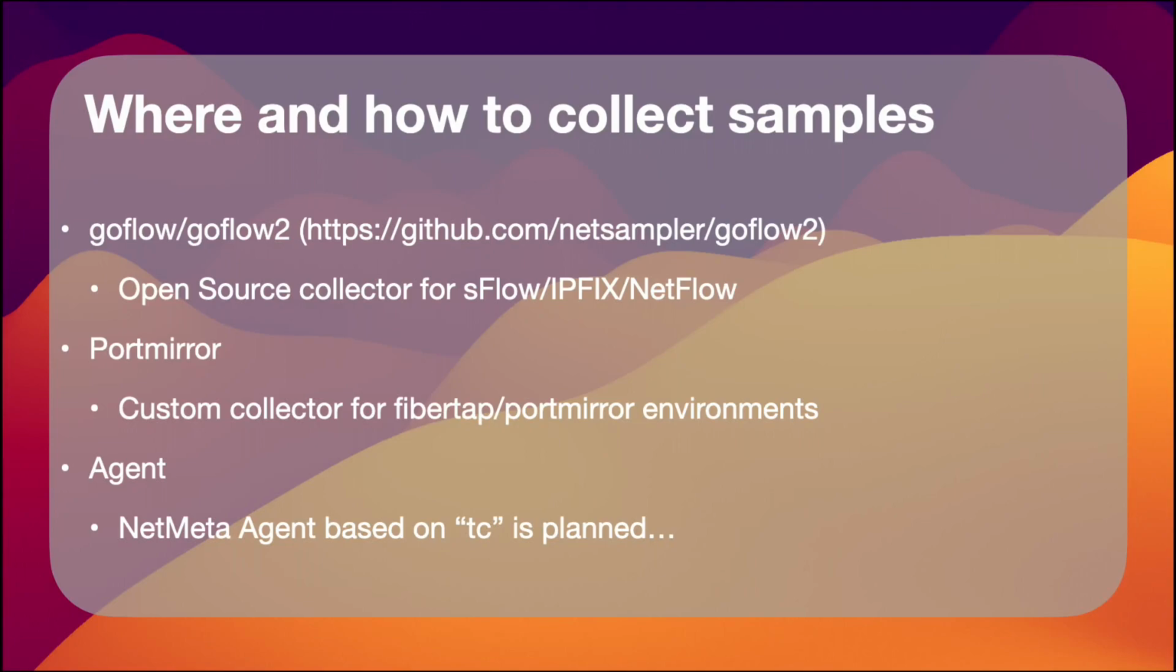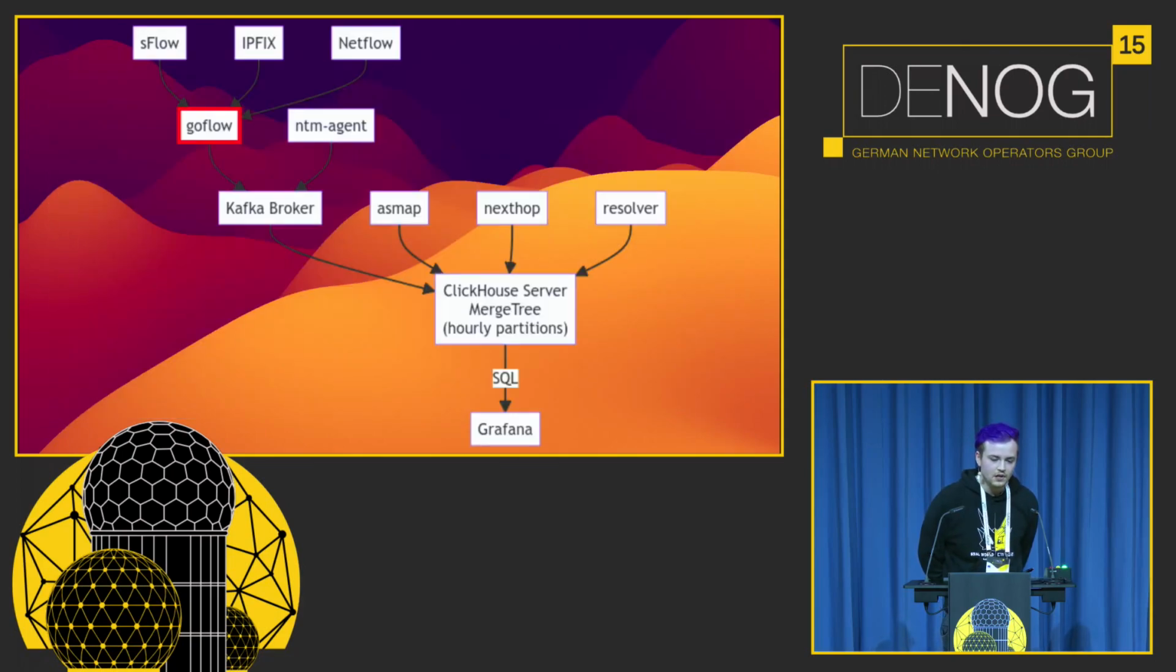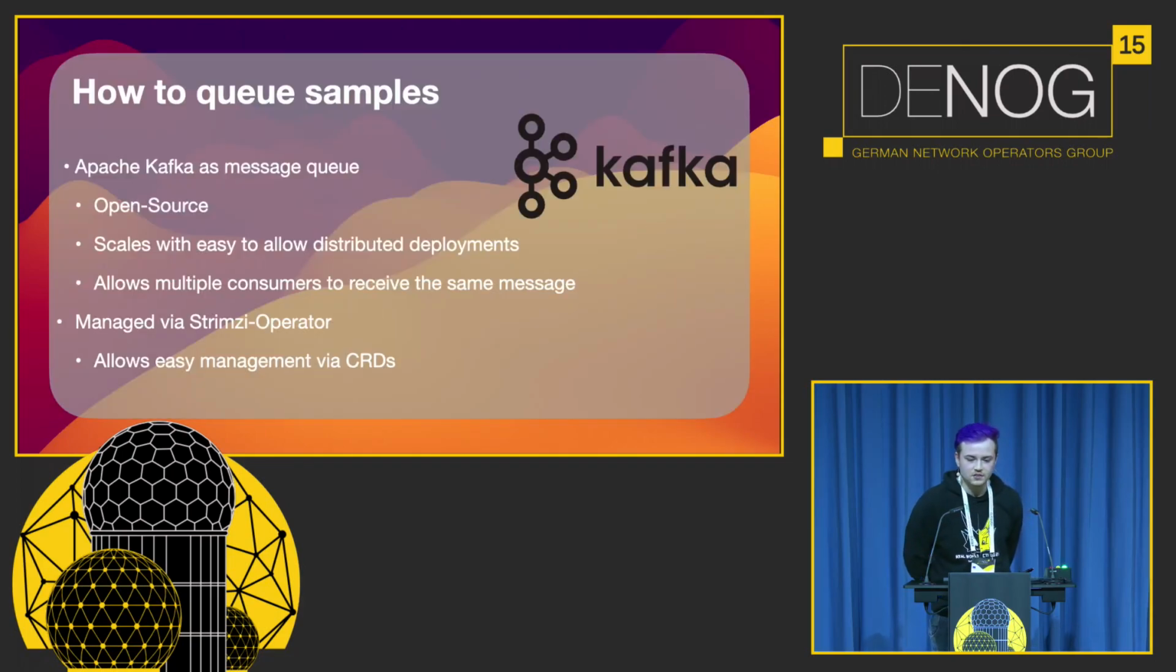And as I already said, there's a port mirror. When you have a fiber tap environment, or you can't use SFlow data because your routers don't have that in hardware, you can just set up a secondary box where you fiber tap in your existing infrastructure and generate samples out of that. Everything is then sent to a Kafka database, or not Kafka database, Kafka queue,